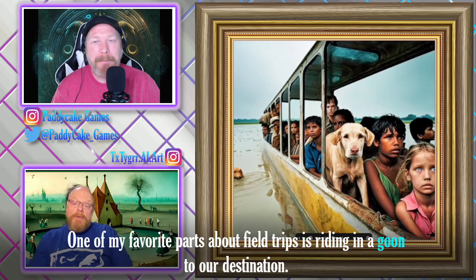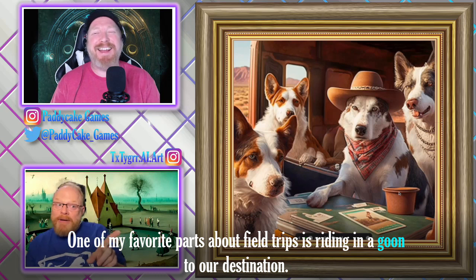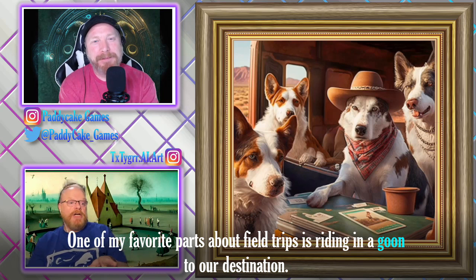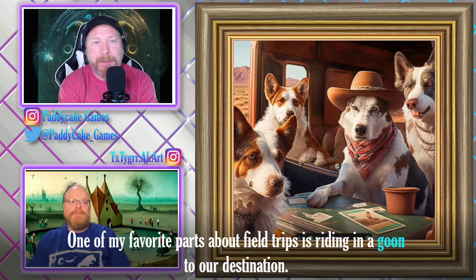One of my favorite parts about field trips is riding in a goon to our destination. Oh, dogs playing poker with hats. But they look like they might possibly be either in a train car or a stagecoach. Yeah, they do. So it has a very Old West look to it, especially with the mesa in the background